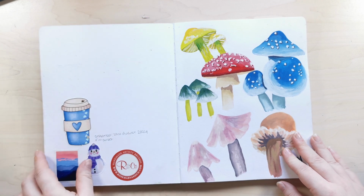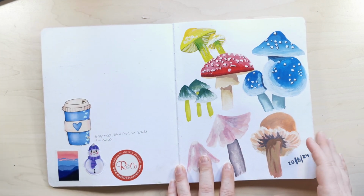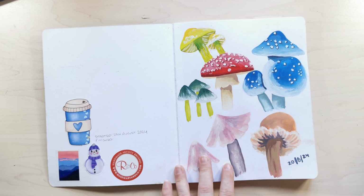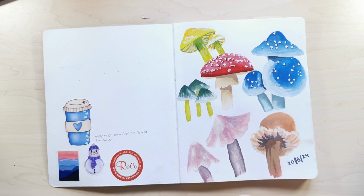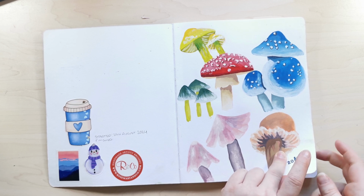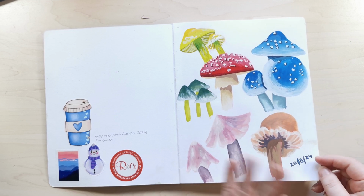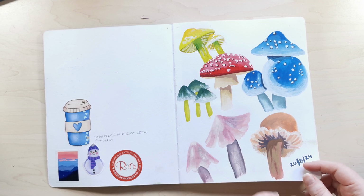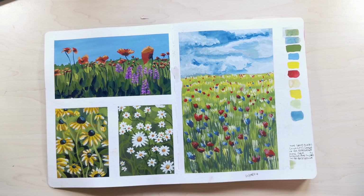Anyway, so here we go. I started this in August 2024, so that was about 9 months ago. I actually have a cool video of me painting these mushrooms if you want to go and see that. I decided that I was going to start using this sketchbook for loads of different things that I wanted to practice outside of my comfort zone, so not landscapes and sweet treats and stuff like food. But it turns out that I just cannot stay away from landscapes for too long,